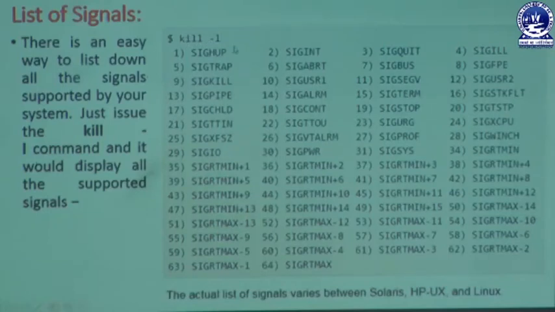Whenever this statement is written, then we can press enter. Whenever the user presses enter, it can execute some signals relevant to our system. Here the first signal name is SIGHUP, then SIGINT, then SIGQUIT, then SIGILL, then SIGTRAP, then SIGABRT, then SIGBUS, then SIGFPE, then SIGKILL, then SIGUSR1, and some other relevant signals which are listed by using the command known as kill -l.